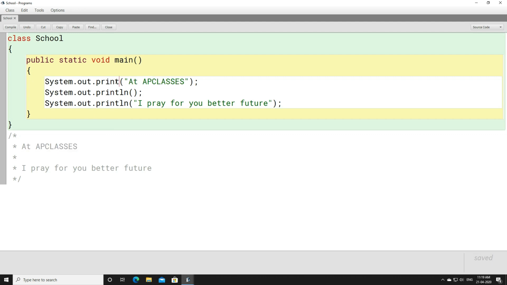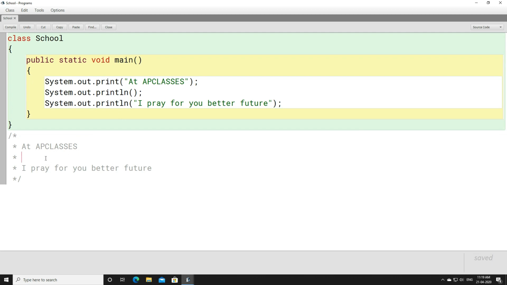Look here once again, at ap classes it will print. Here only print is written, so the cursor will remain in the same line. Then because of println, nothing is written here, so nothing is going to get printed.